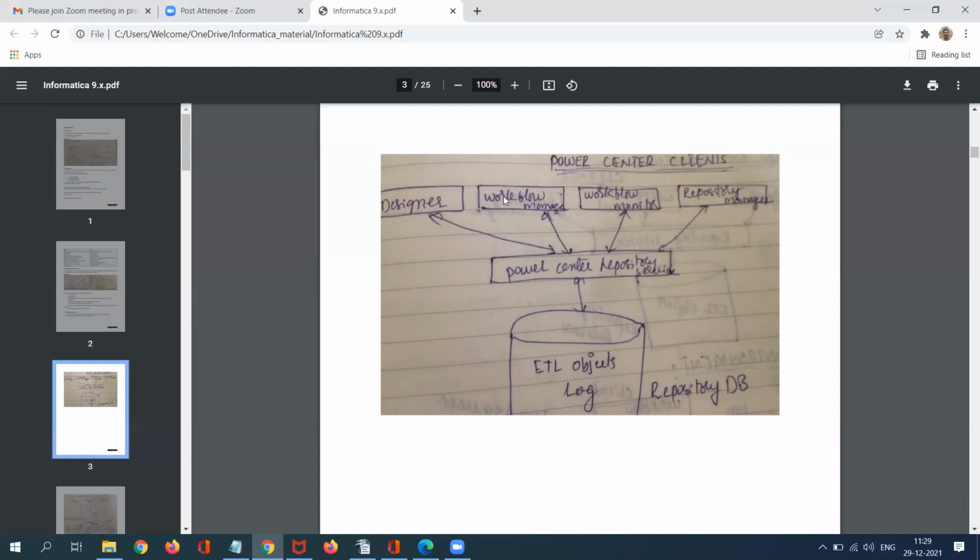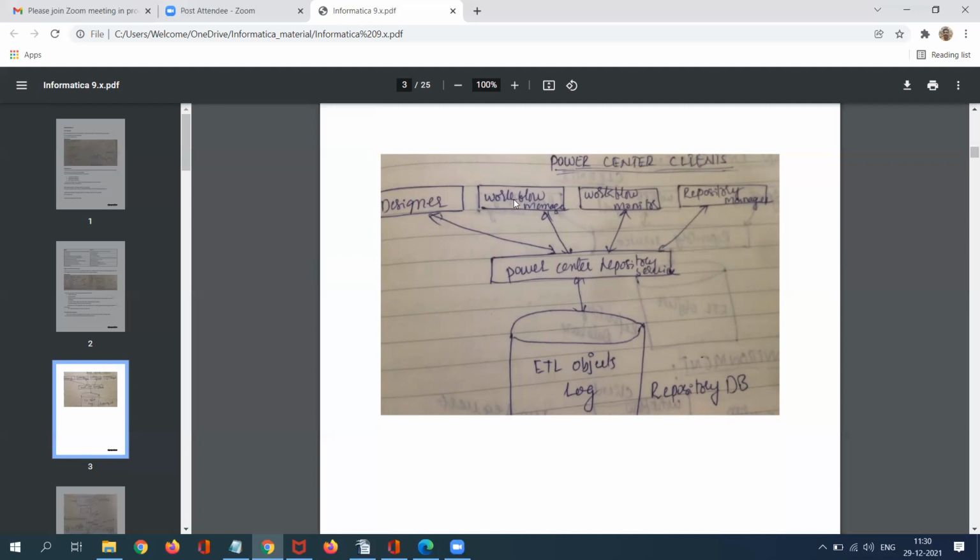20% we are going to occupy Workflow Manager, where we are going to design Task Developer. With the help of Task Developer, we are going to design some tasks, and the Worklet Designer and the Workflow Designer. By using your Designer, you can implement your mapping, or I can say ETL applications. That particular mapping is going to configure one session. Session will be configured to your workflow.